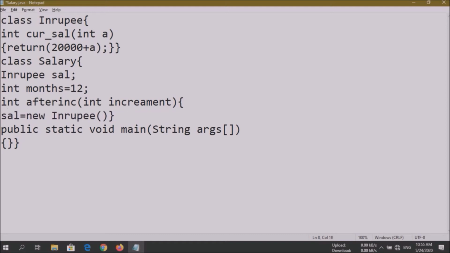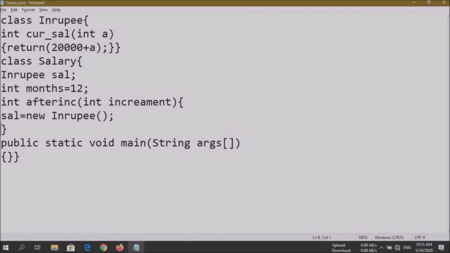Now let's create another variable inside it, int per annum. So it will return the value of the amount increased per annum. So for that we have to call sal dot current salary.